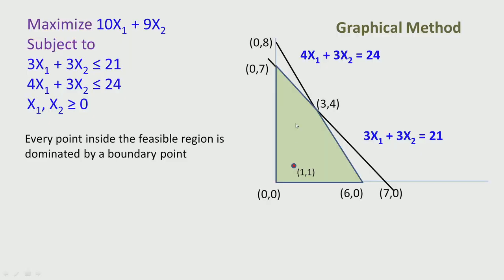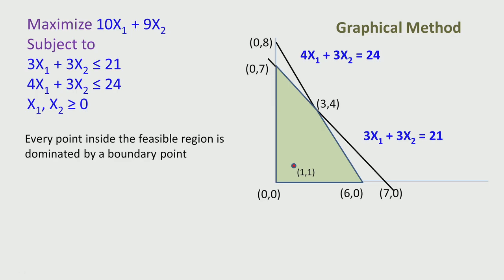In a similar manner, if I keep this 1 comma 1 and I keep increasing the x2 value and push it upwards, it will reach 1 comma 6, and at that point it would still be feasible. Now when I take 1 comma 6, the point that is here, which is a boundary point, the value of the objective function will be more than 19, it would be 64 in fact. Therefore, for every point inside this region, there will be a boundary point that will give a better value of